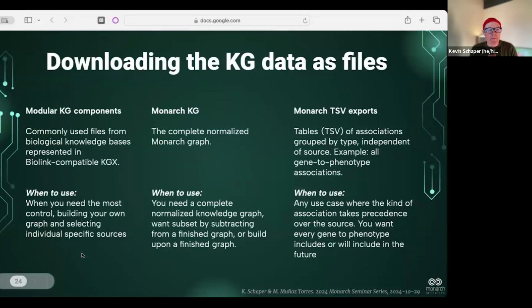So there's three levels at which you can get data from the Monarch knowledge graph. I'm going to use a pizza analogy for them. The first is the modular KG components, and these are ingredients. This is your double-aught pizza flour, your can of tomatoes, your beautiful mozzarella, and when you're using these, you're getting them like the least processed